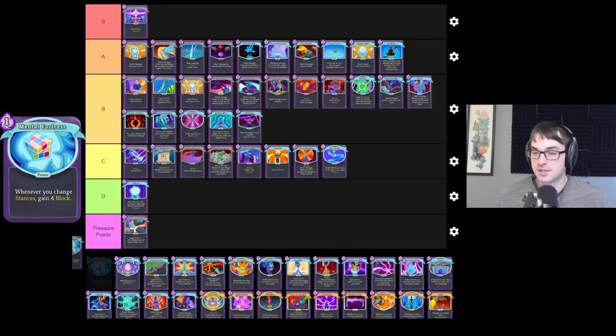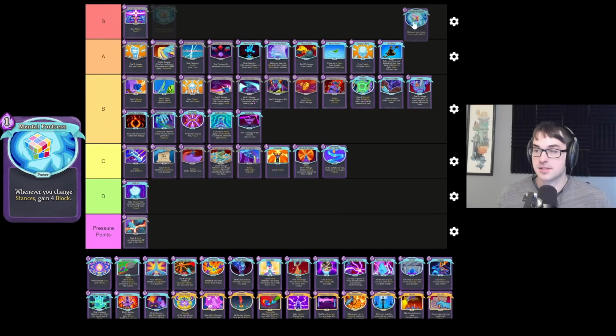Whenever you change stances, gain 4 block. I think of the block powers for Watcher, this is probably the best one. I don't know that means it's an S tier card. I don't think I take Mental Fortress every time I see it. But I'm almost always happy to see one, and it's almost always a great way to get your late game going. So I'm going to put it up in A tier here